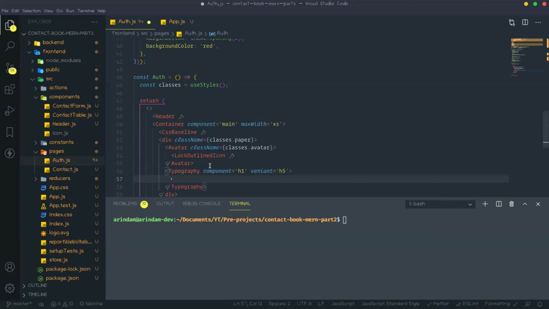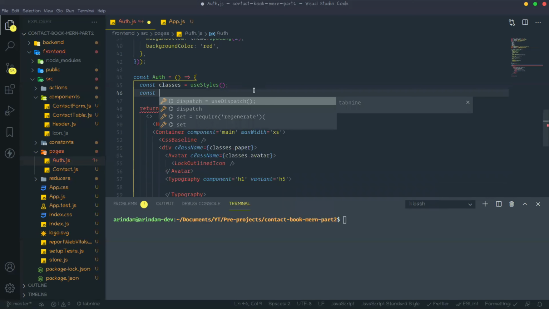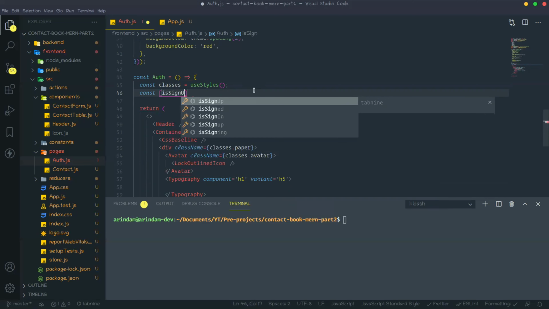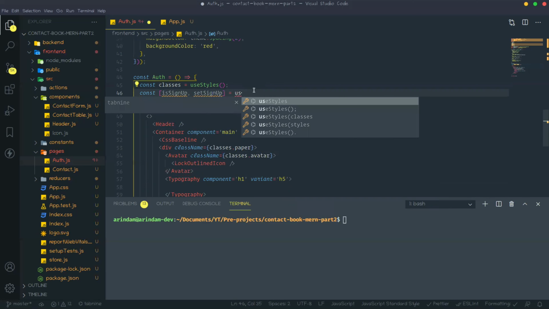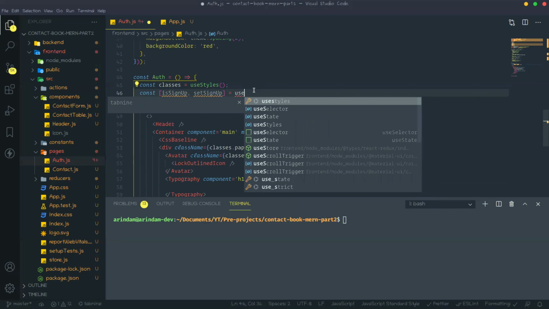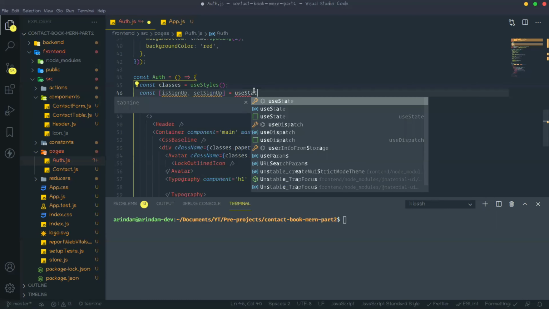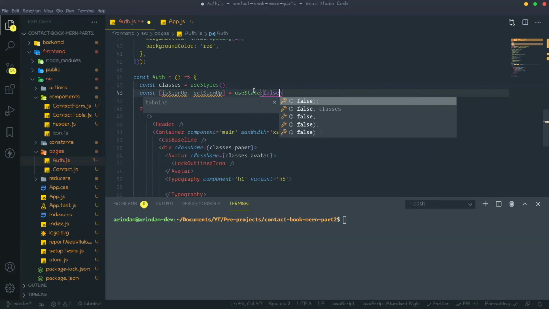And before this, we are creating one local state: const isSignup, setIsSignup equal to useState false.